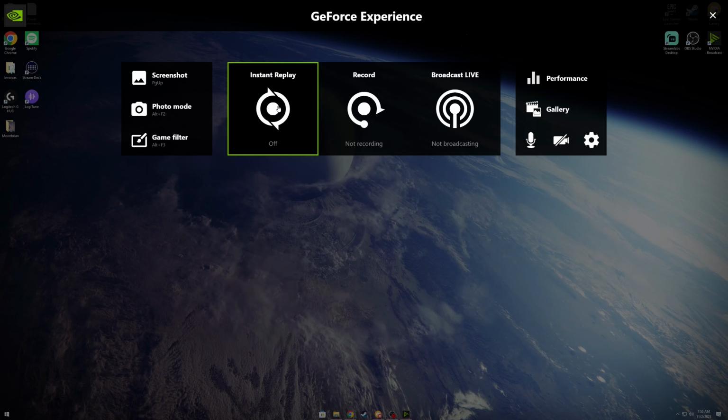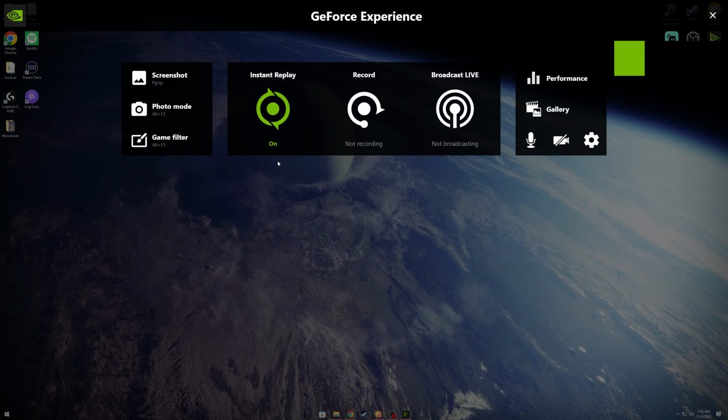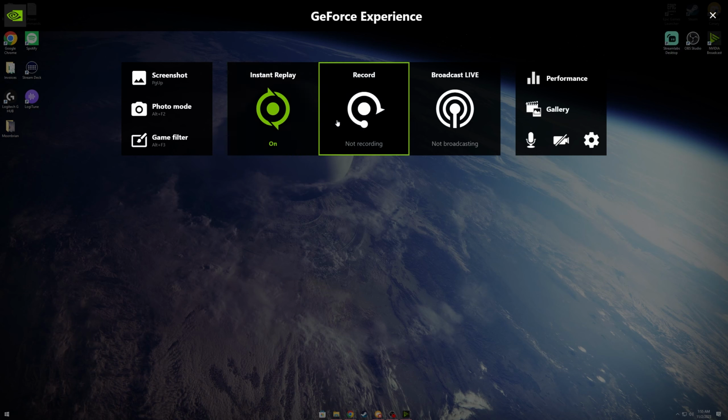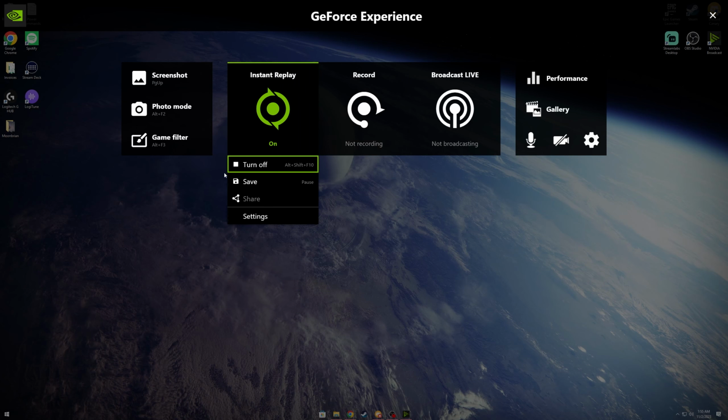So just click done, go back to instant replay, and turn that back on. And now it will always be recording. I don't see any frame rate loss or anything, so just always have it on. And then again, if you change the keyboard shortcut, that will be the way you save